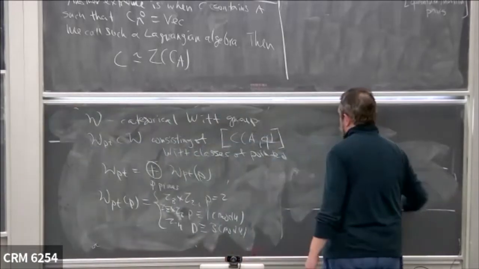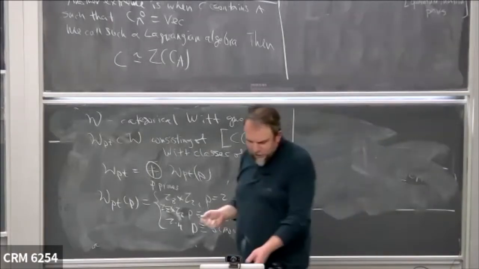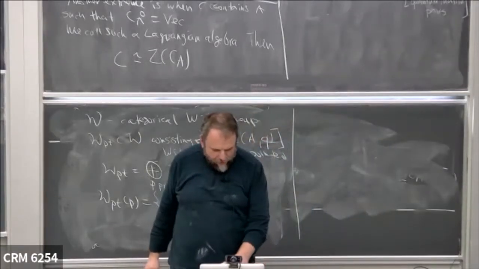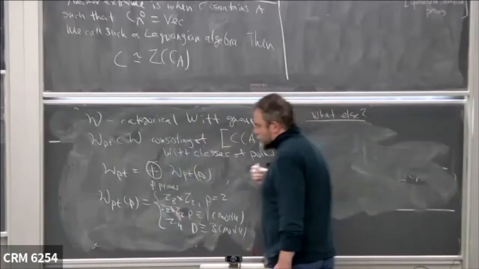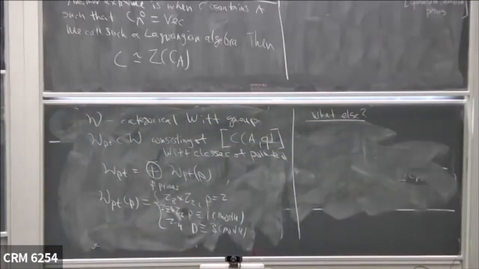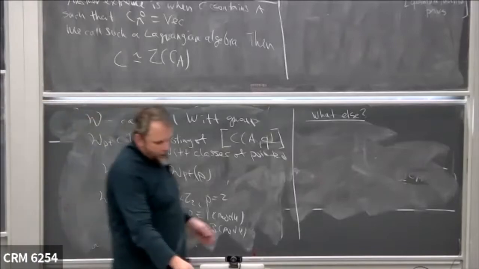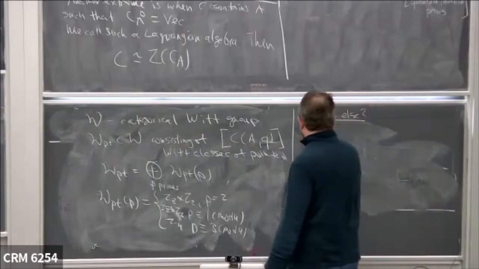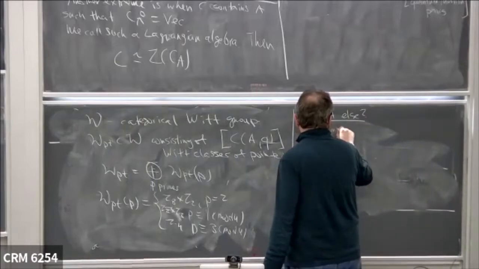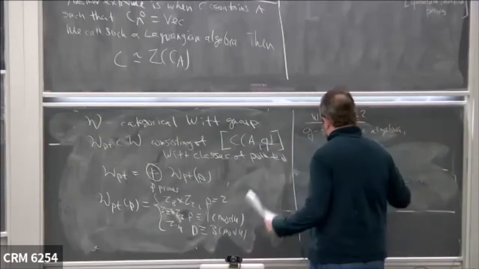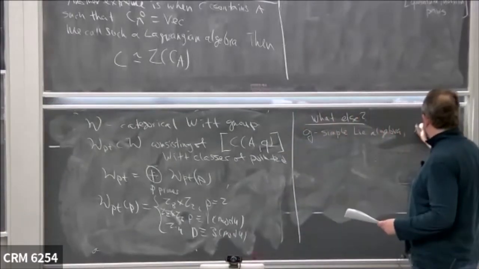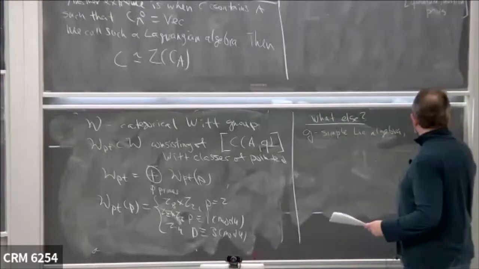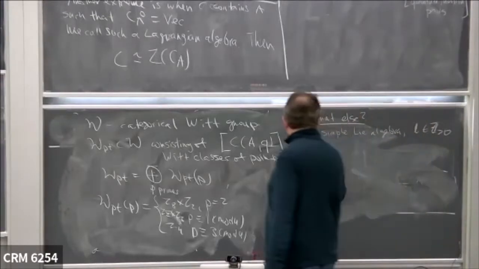Okay, so now, of course, the question arises, what else is there? Well, it turns out that there are many non-degenerate braided categories that are not centers of anything. And a source of them is the following. So we start with G a simple Lie algebra and L a non-negative integer. Then we can form an affine Lie algebra G hat